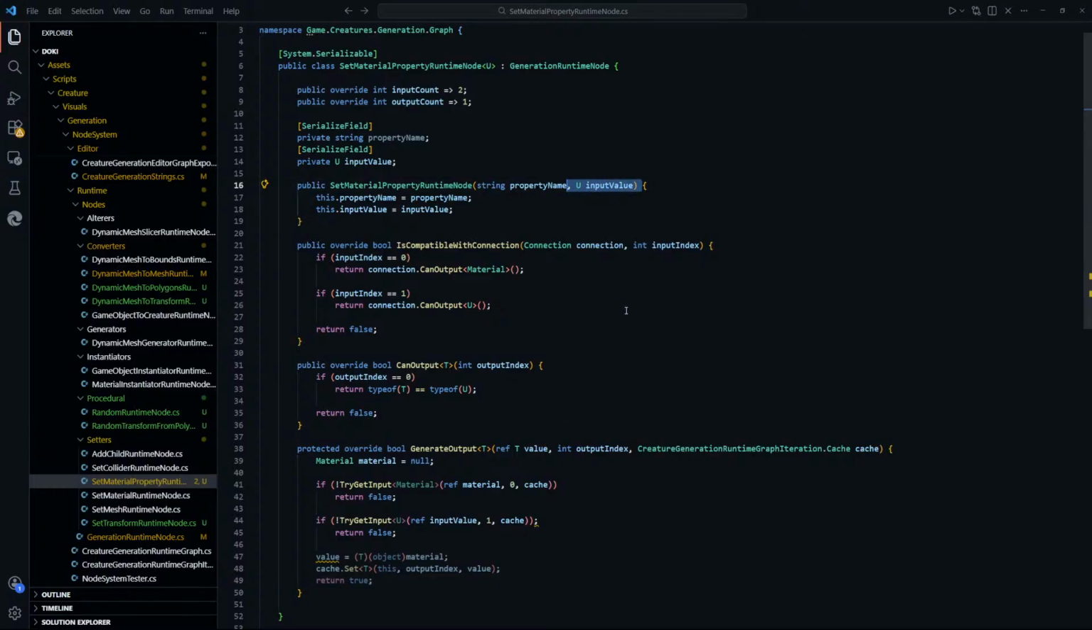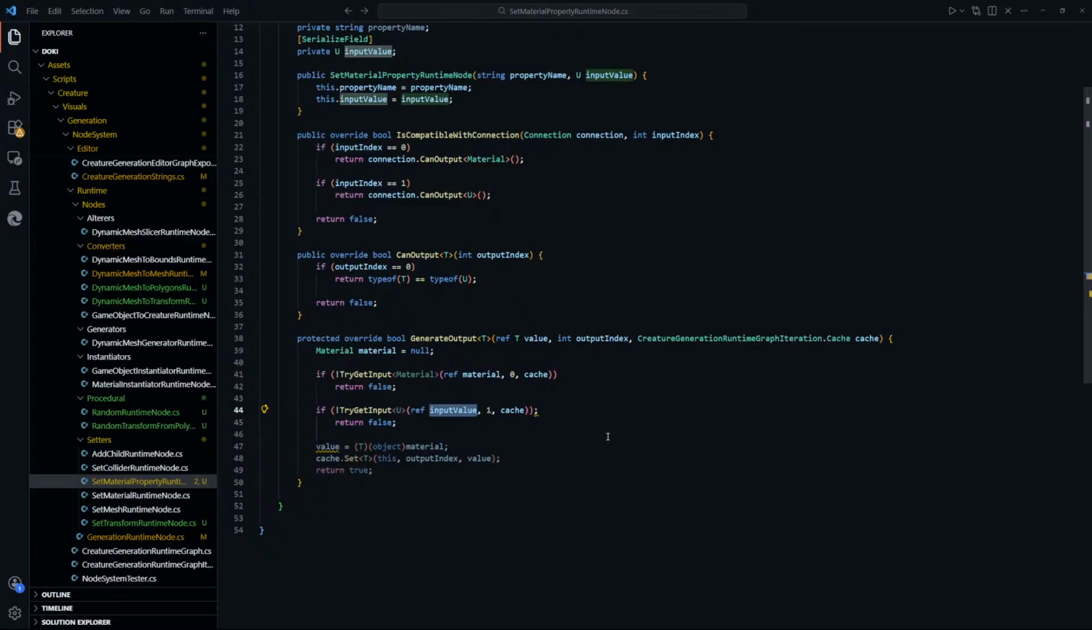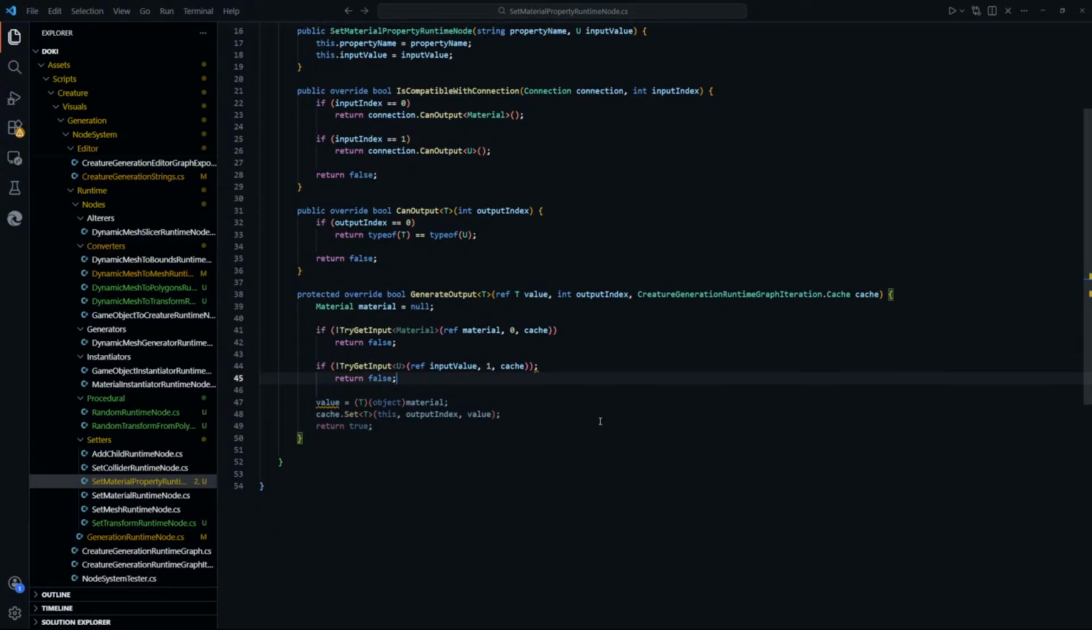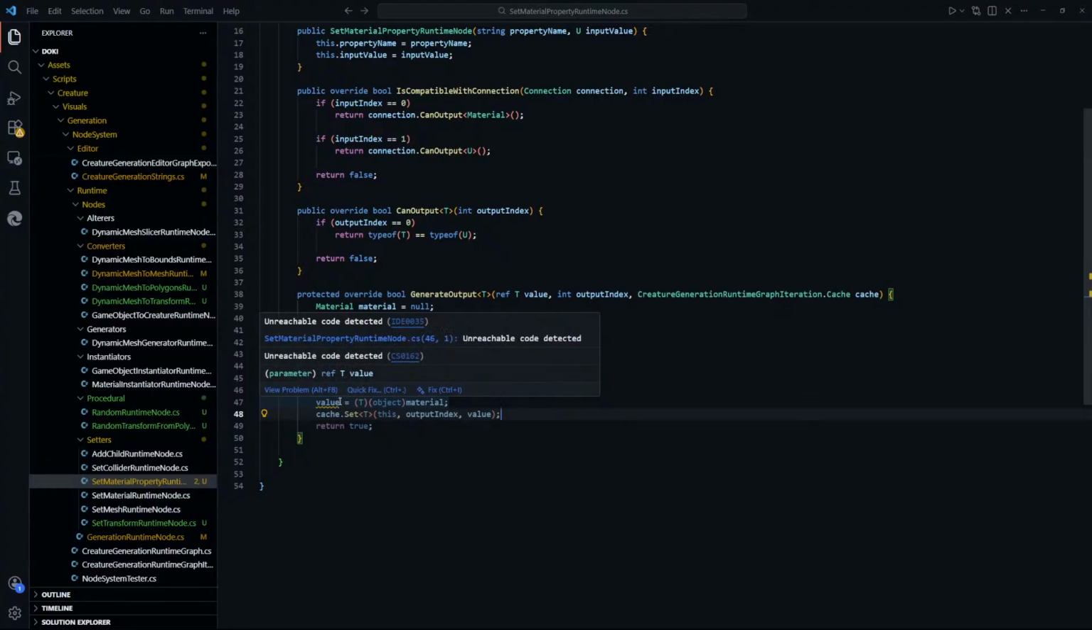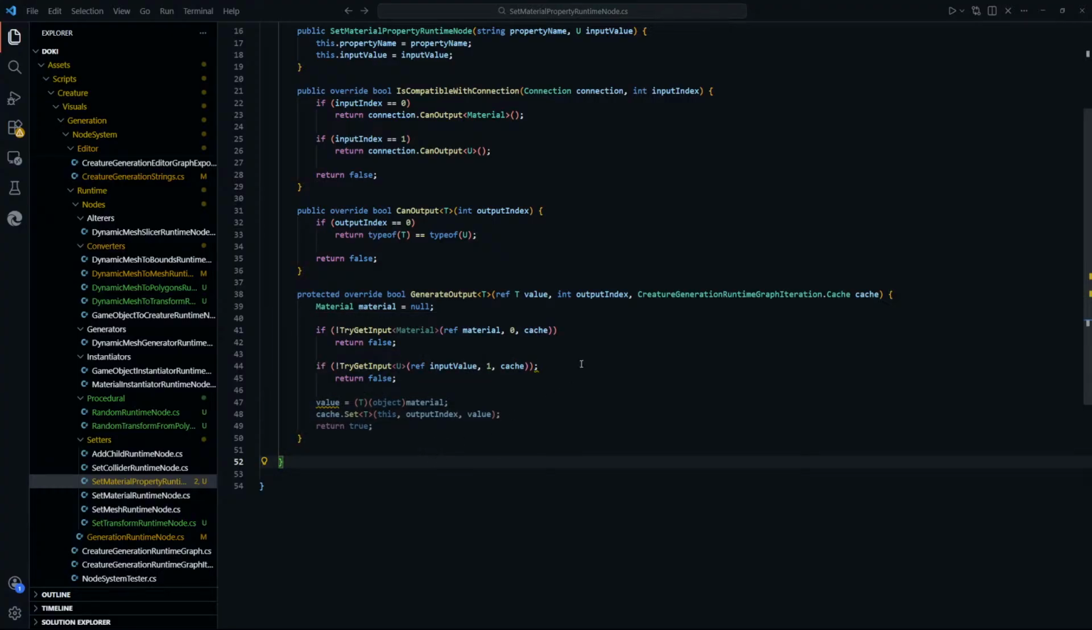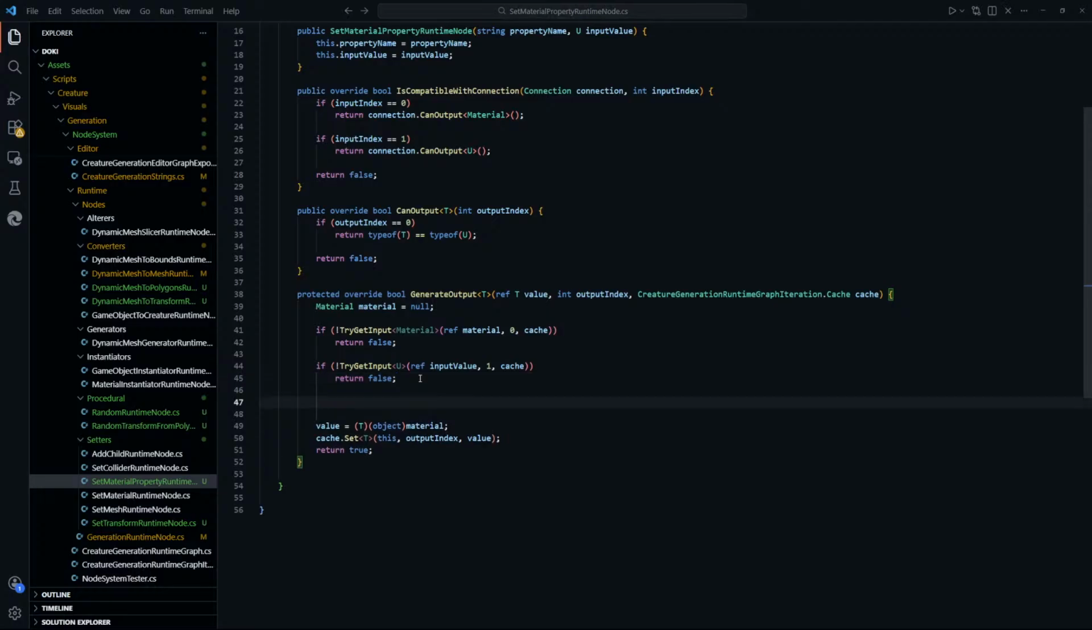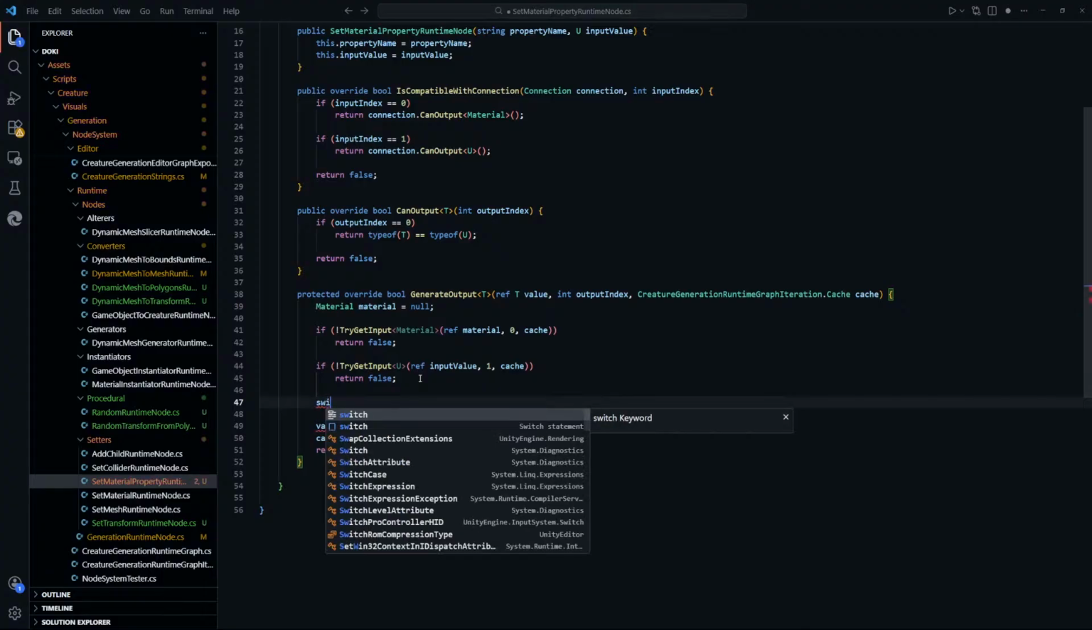So here we give it the default value. And then we just reuse this one here. Maybe. It's not too bad. But here comes the ugly part, I think, because here we're going to have to do some type